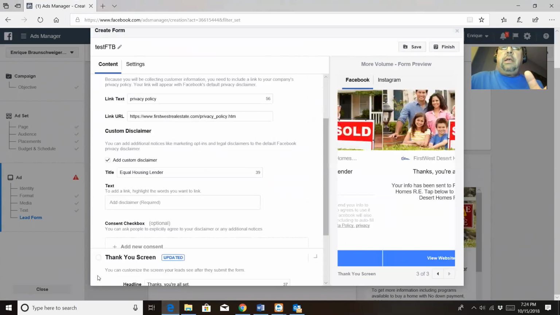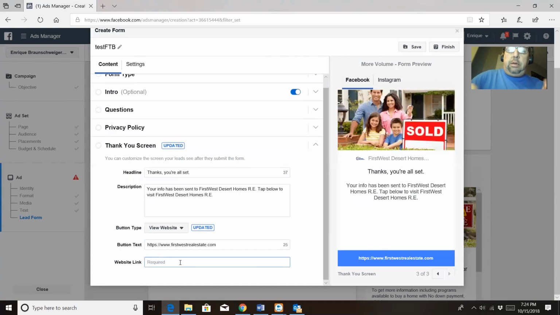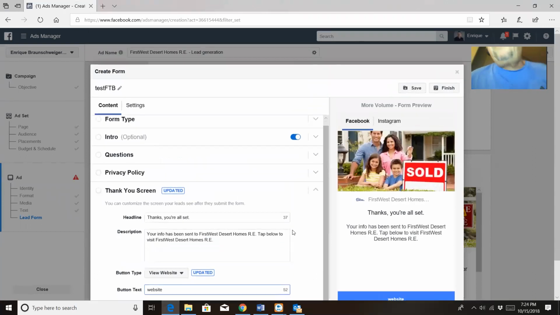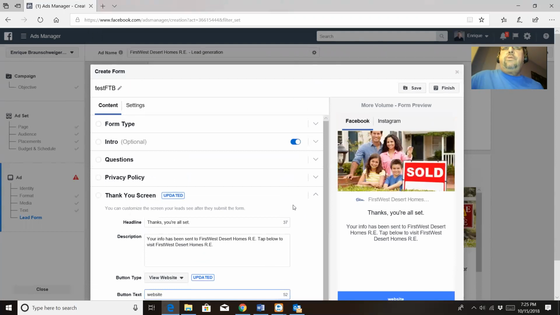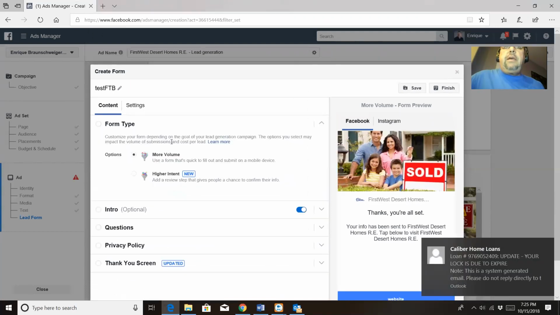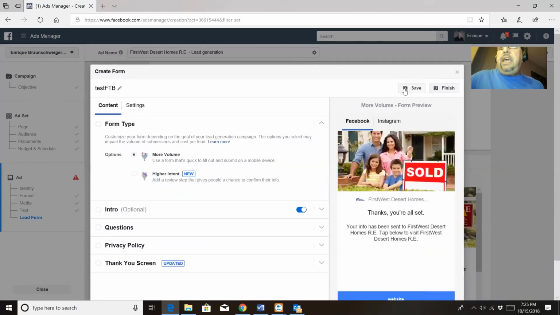Thank you screen. That's where I put my website. Okay? So your info has been sent to First West, blah, blah, blah. Here's the website. I'm going to put the copy of the website right there. And actually goes here. There you go. So now people are able to click here, go to the website. So if you have a specific website, you got to put it in there. Okay? Now, that's done. This is it. We're done. So to recap, in this section here, we created a form type, the intro. So now that this is done, I'm going to go ahead and click save